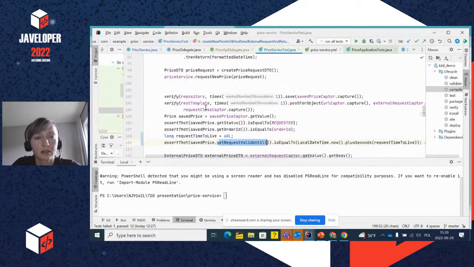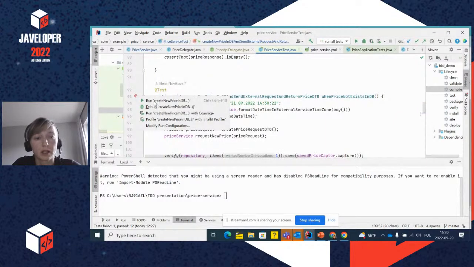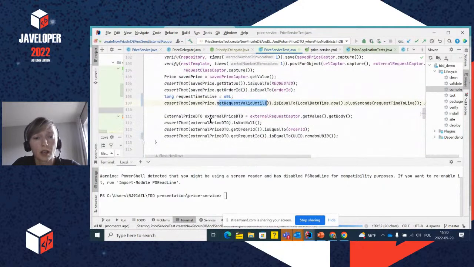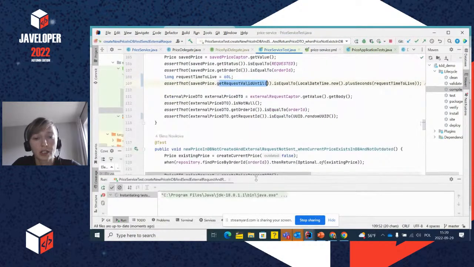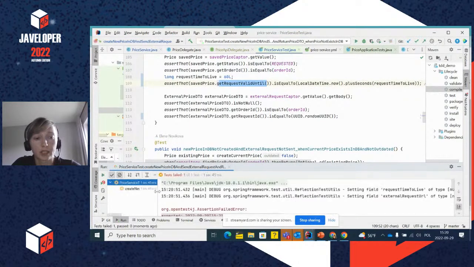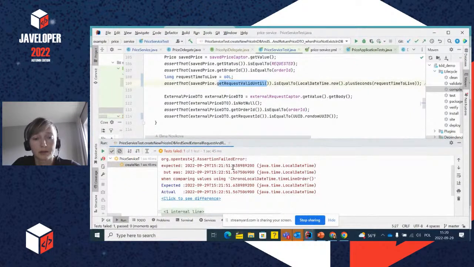So if I run this test, it will fail. And the same situation with expected, yeah, you see, it failed. We try to compare these valid until times, and it is slightly different. And also we have the same problem for